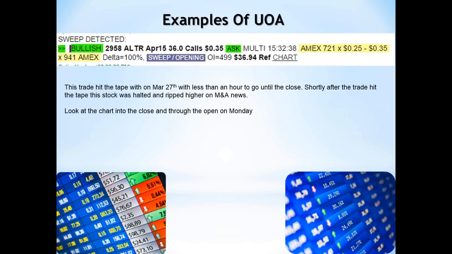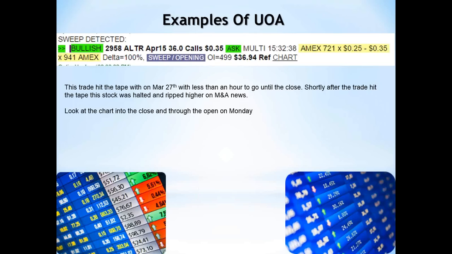Regardless of what it was, it doesn't really matter, because if I'm able to see this order and recognize it as an unusual trade, and say, hey, this is suspicious, I want to follow this type of trade, it doesn't matter, because as soon as that order hits the tape, it becomes public information. It becomes part of all the publicly available information that traders are able to use in their analysis and then make a trade on, okay? So whatever they knew does not really matter.